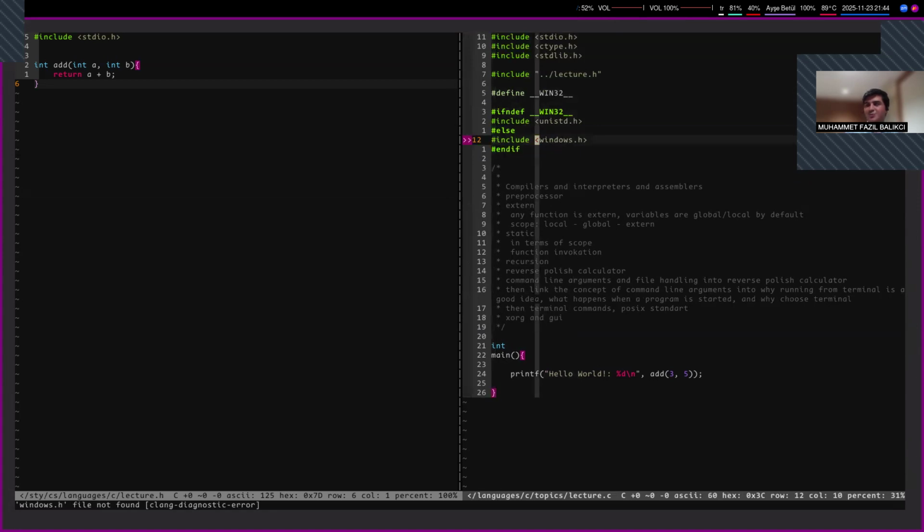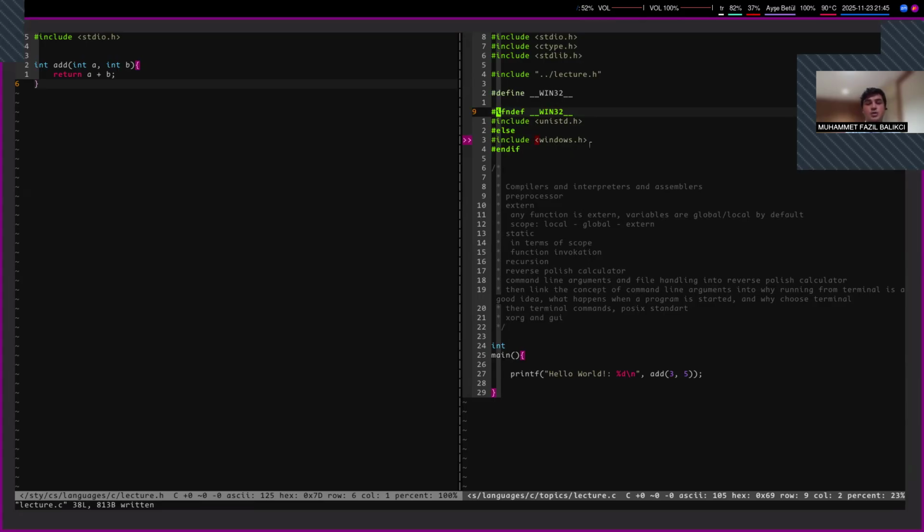We can say define WIN32. We do not have to specify a number here, although we can. And ifndef is short for if not defined. And if we did not define it using this syntax here, the preprocessor would do this. And then if we did define it, it would do this. It is the same logic as the if-else conditions in our programs, but it is for the